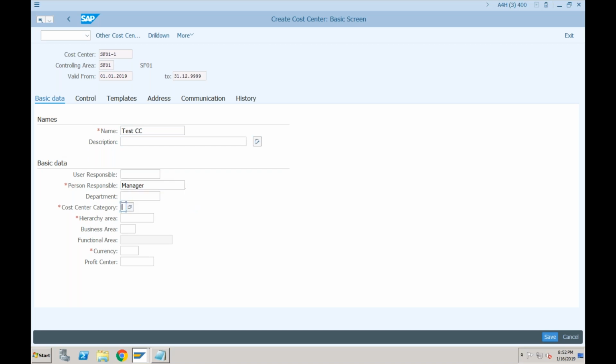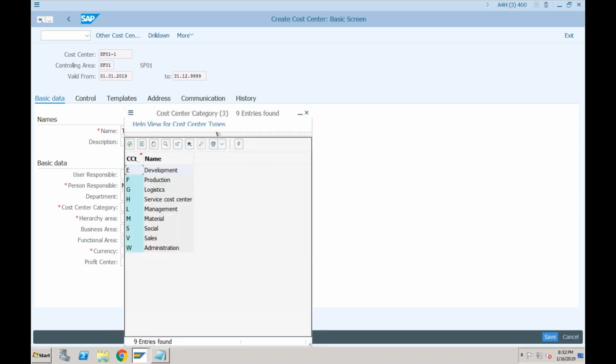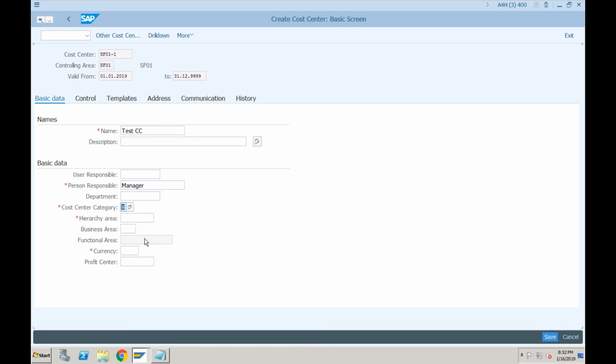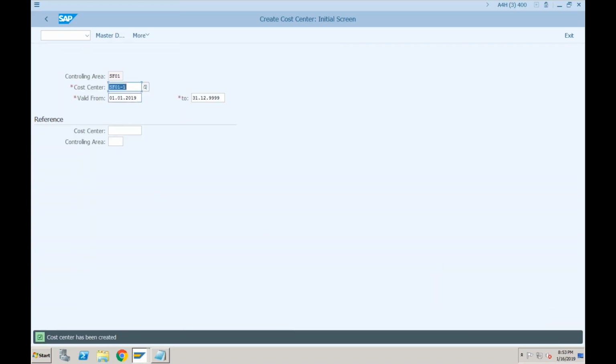Cost center category, let's keep it as maybe administration. Hierarchy area, by default SF01, which we created at the time of creation of the controlling area. Okay, and currency is INR. Let's click on save. So the cost center has been created now.